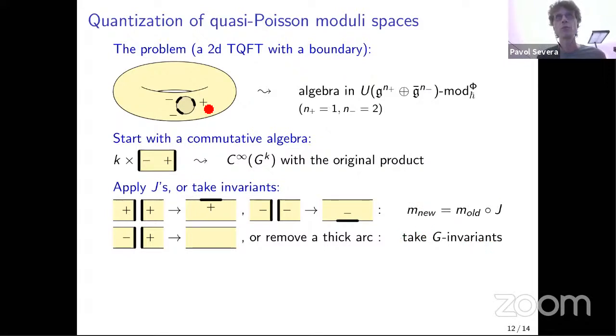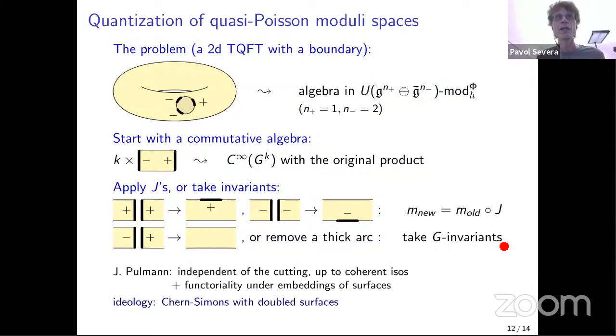And in the end, once you build that surface, you will get the quantized moduli space as an algebra in this stuff. Okay, now one thing that when we were doing with David that we didn't know, we hoped it was true, but we couldn't prove it. But now Jan looked at it and proved it, which is really, really great, is that the algebra that we obtain is actually, in some sense, independent of the cutting, independent of the way how we build it.